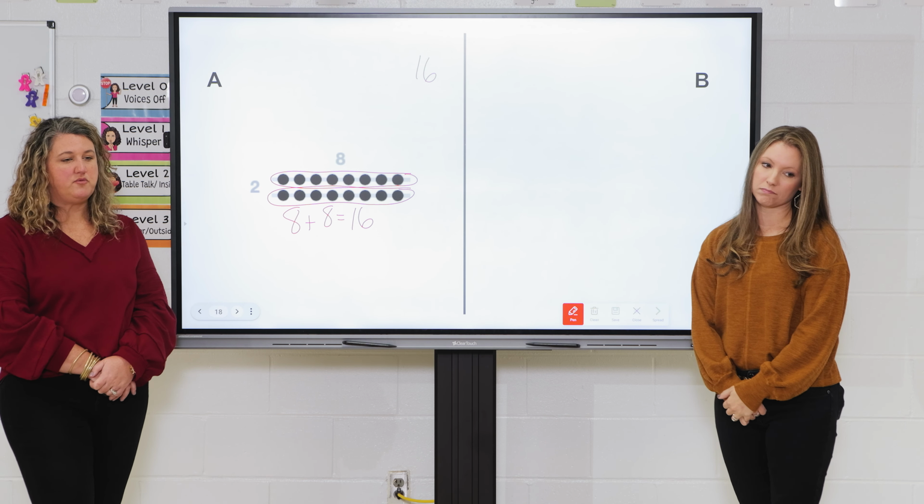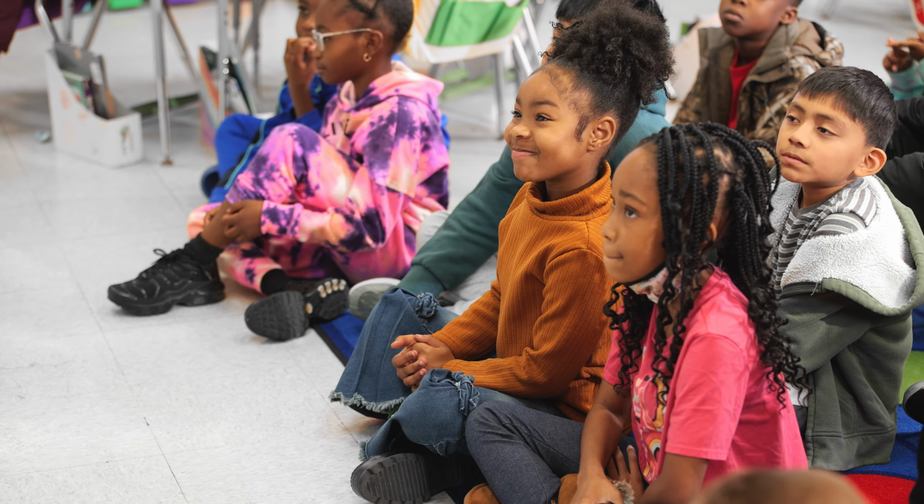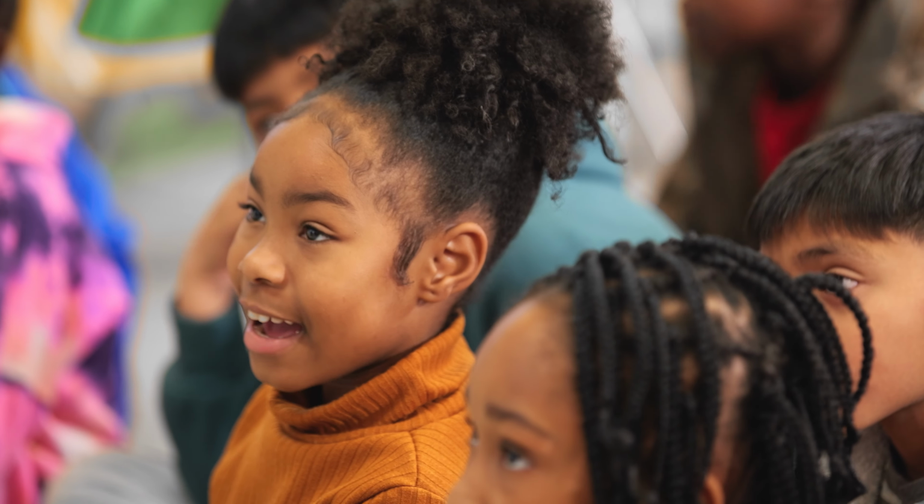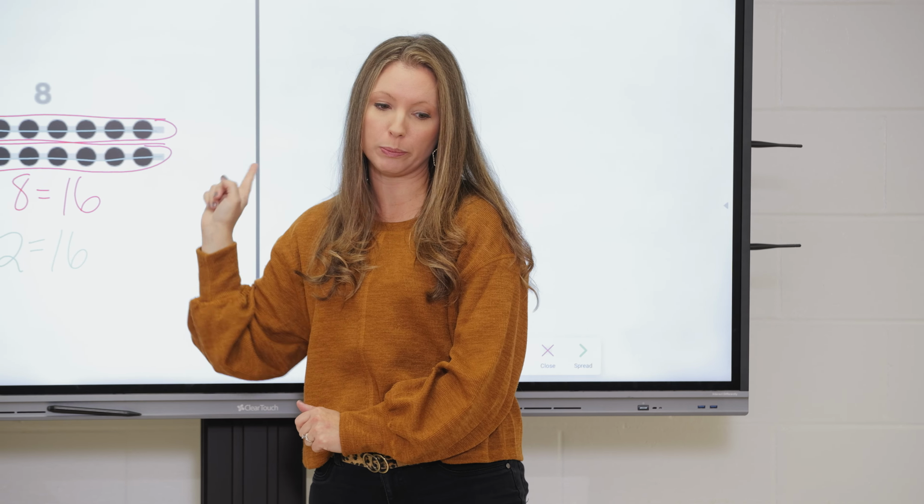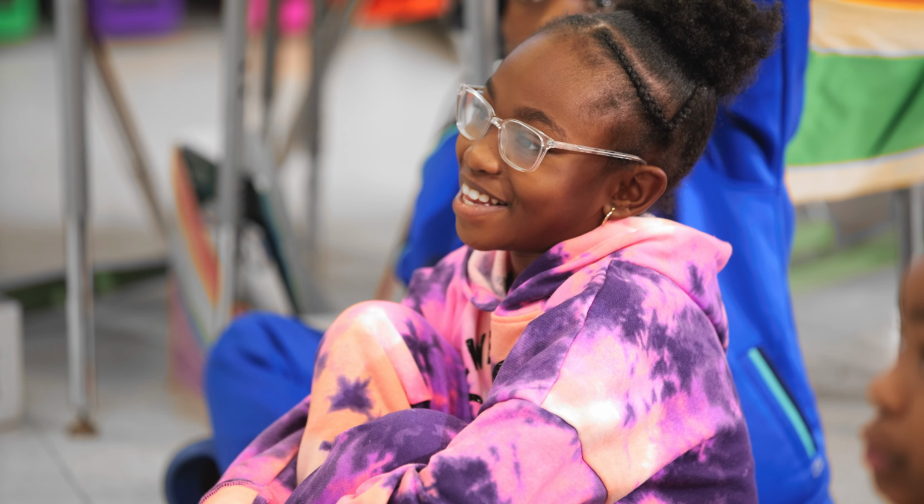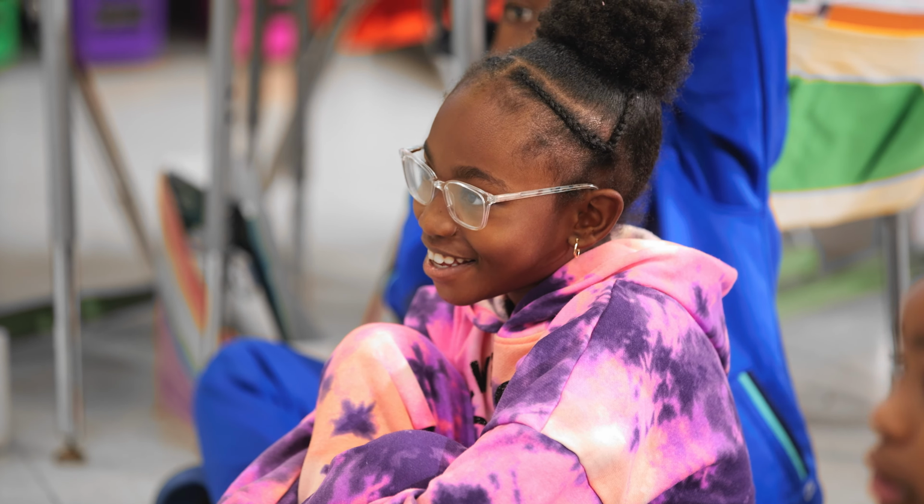All right, did anyone else solve it another way? 8 times 2. All right, and where did you see 8? Across. Okay, so 8 going across. And where did the 2 come from? Going down. What was it called before we put these circles around it? Does anybody know what that was called when we just had our dots set up like that? Array. It was called an array. So we saw an array and then we thought about it in our mind and we made it into some